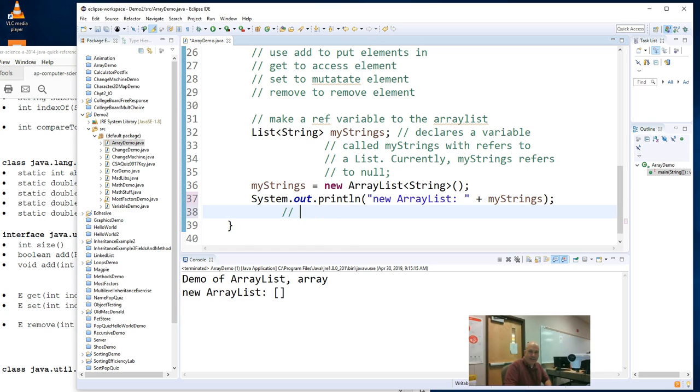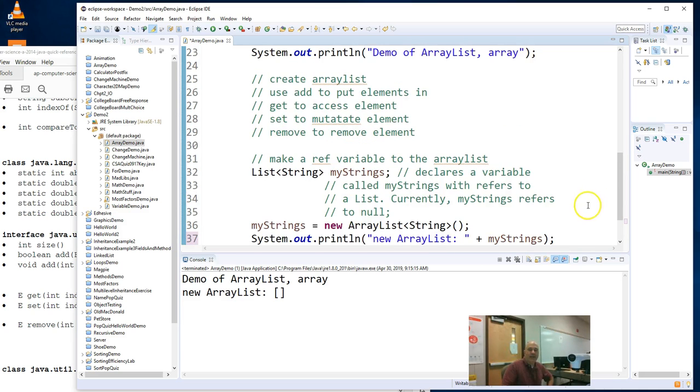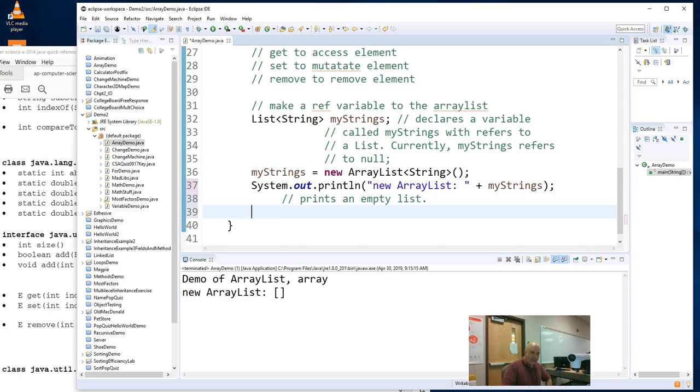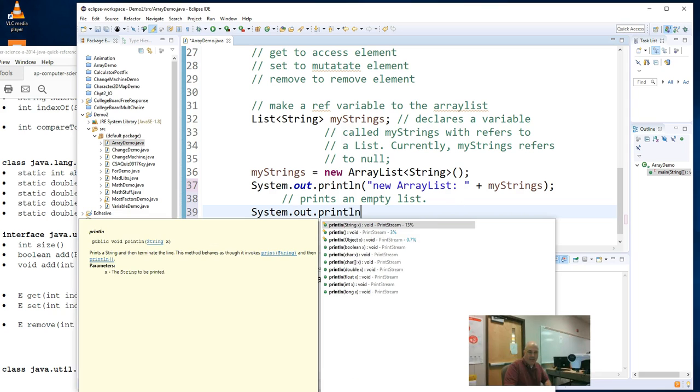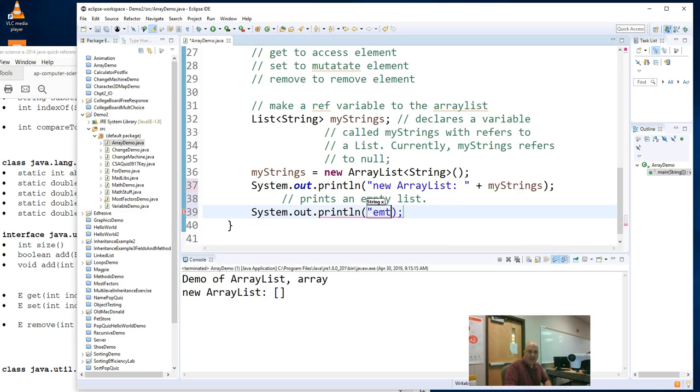Show or prints empty. Let's look at size. If we run size, we should see a size of 0. So let's print that. System.out.println empty size is plus my